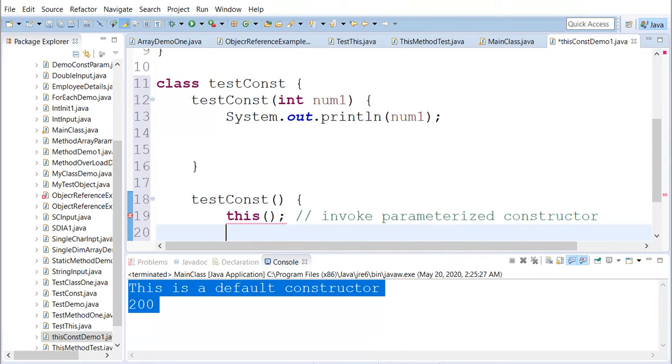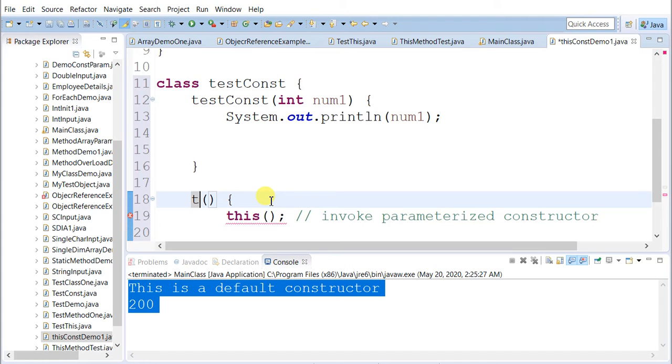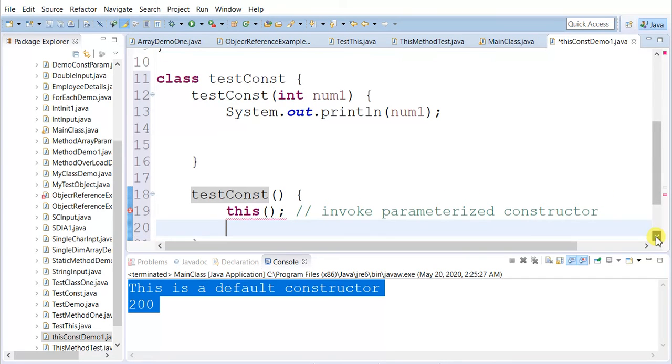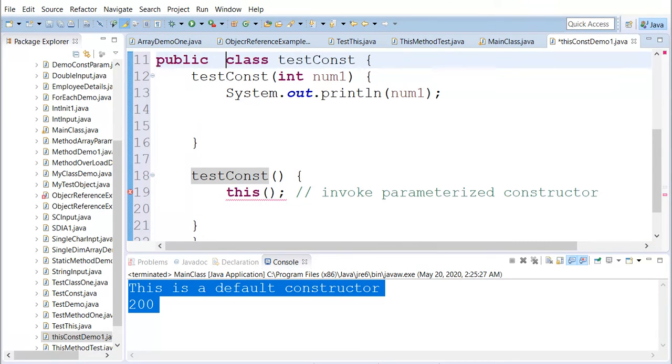Yes, now let's put some, one second. So it will invoke the parameterized constructor.